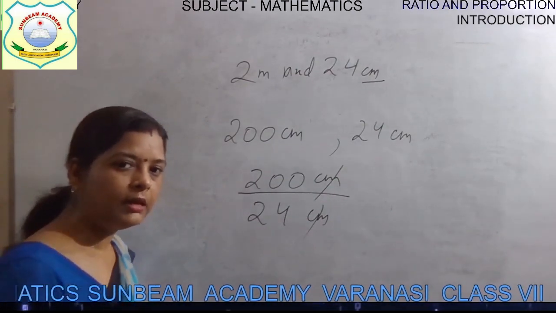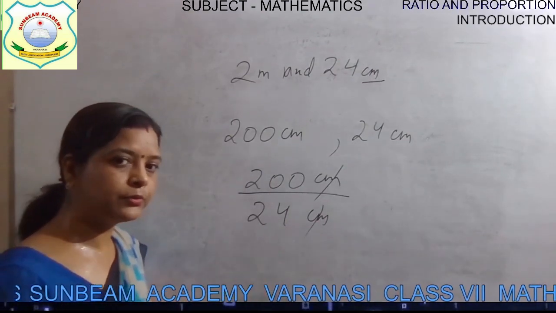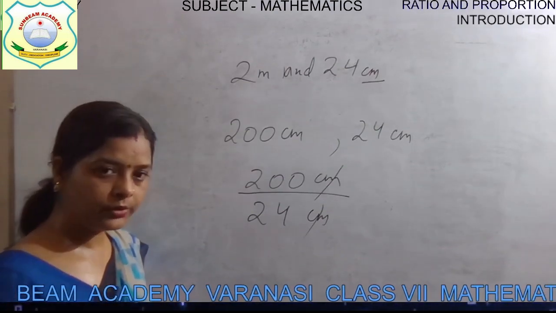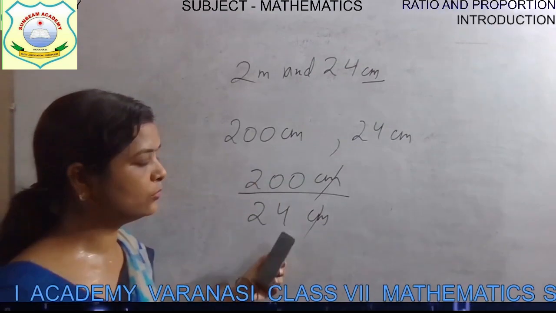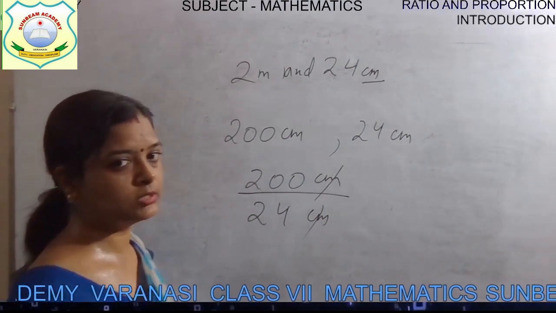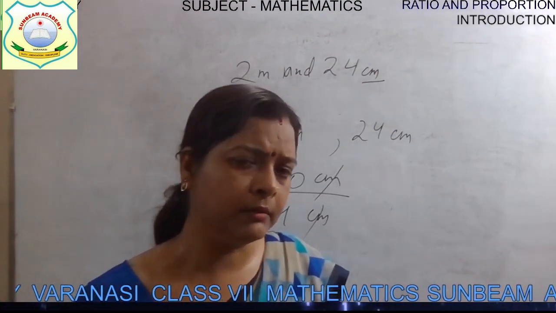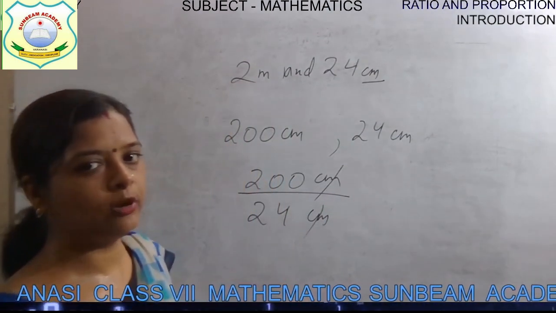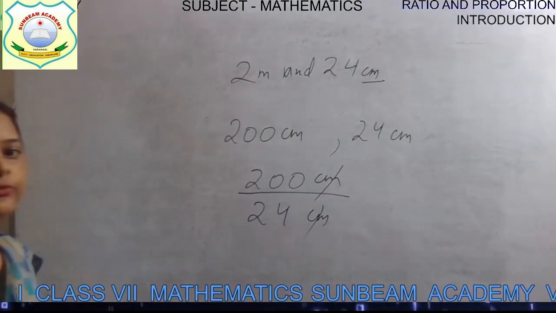How can you simplify? Either simplify it by 2, then again 2, then again 2, till you find the simplest answer. Or you can use the HCF method. Find the HCF of 200 and 24 and then try to solve it. Come on children, I am giving you 1 minute, or half a minute, just 30 seconds. Just find out the HCF of 200 and 24. Okay, let's see how to find it.